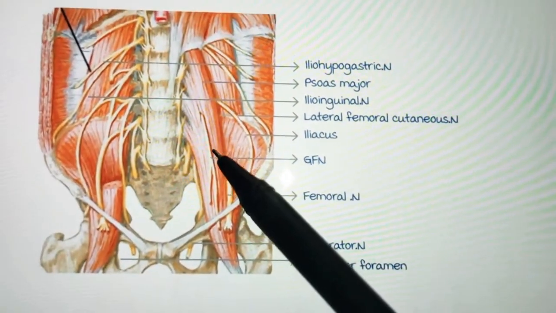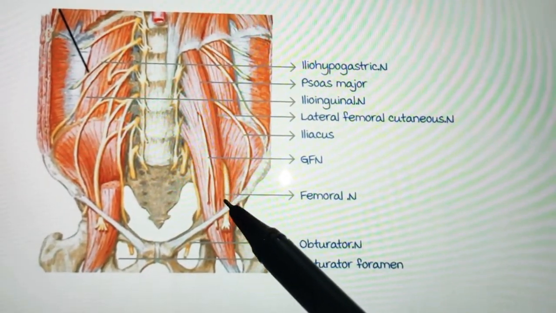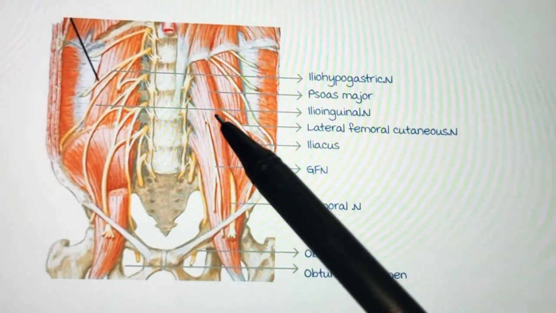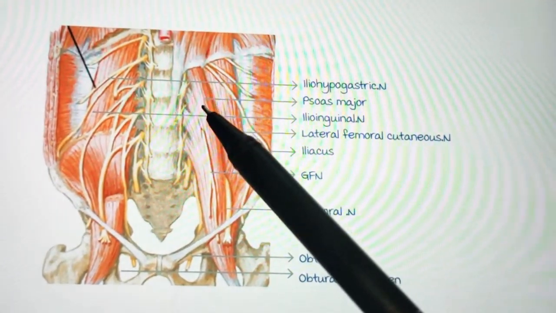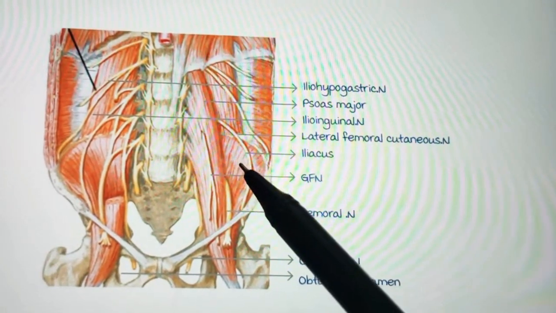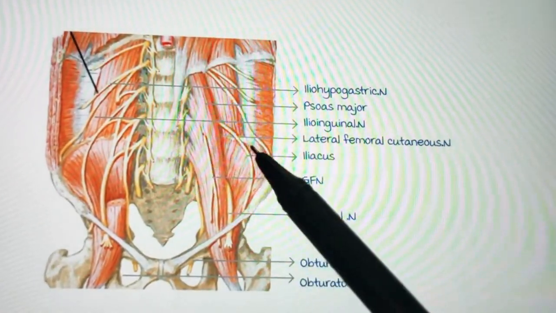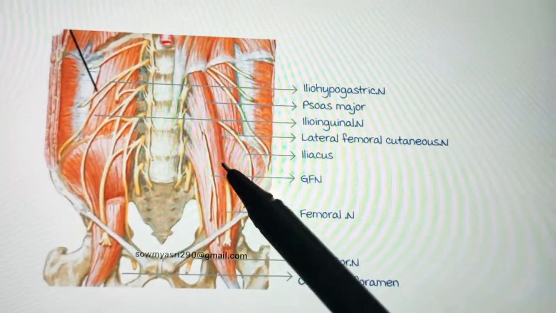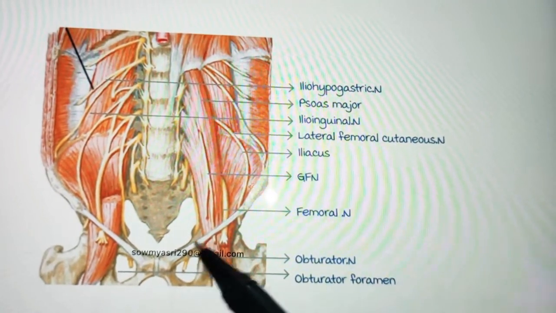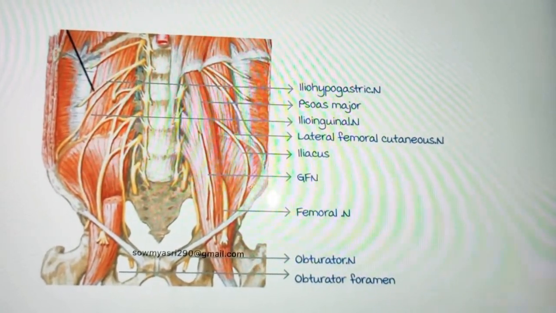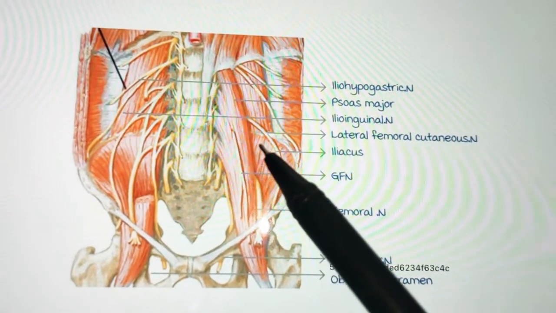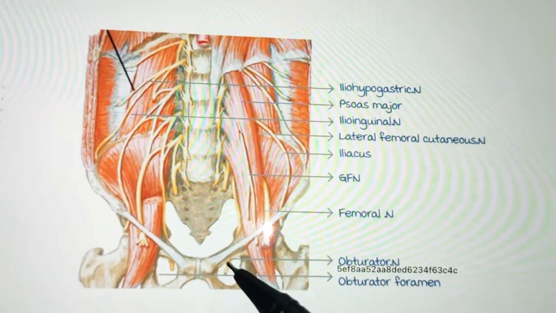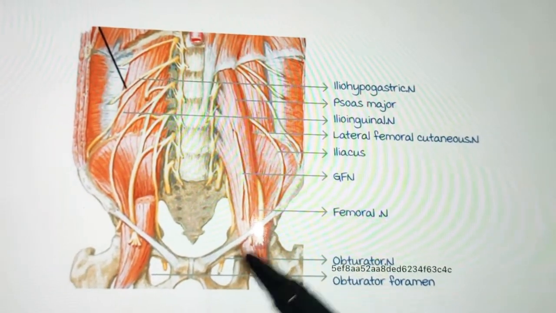So between the psoas major and iliacus muscle the femoral nerve is passing, whereas you can see one nerve, that is the genitofemoral nerve, which is mainly piercing the psoas major muscle. So you can see it's clearly mentioned, this is the psoas major muscle and this is the iliacus muscle. So between the psoas major and iliacus muscle the femoral nerve passes, whereas the genitofemoral nerve pierces the psoas major muscle and it also passes below the inguinal ligament, as you can see here, right? And if you observe the lateral femoral nerve over here, this one, the lateral femoral nerve also passes below the inguinal ligament, right?